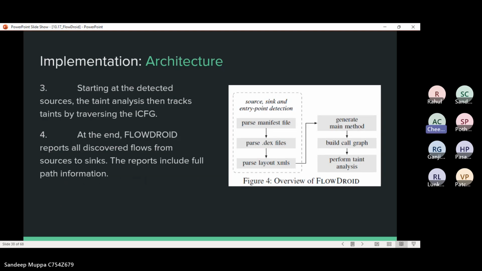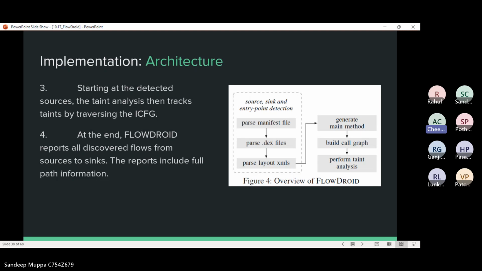Once FlowDroid identifies the sources of sensitive data, such as user inputs or device information, it performs a taint analysis to track how the data propagates through the application. This analysis involves traversing the inter-procedural control flow graph, which is said to be ICFG.